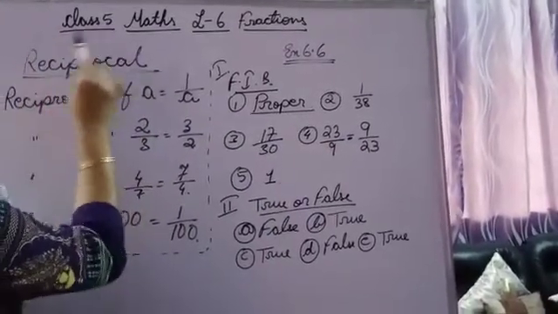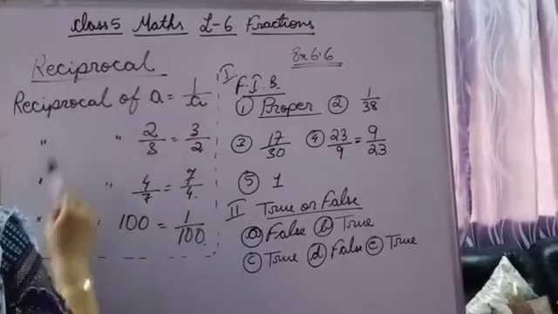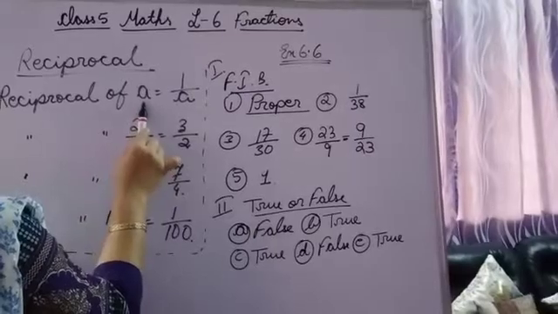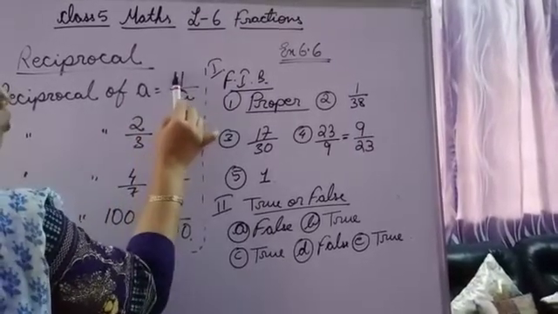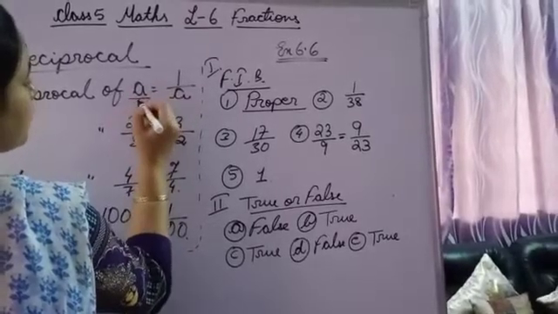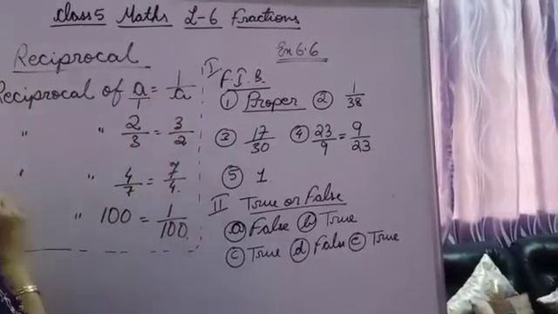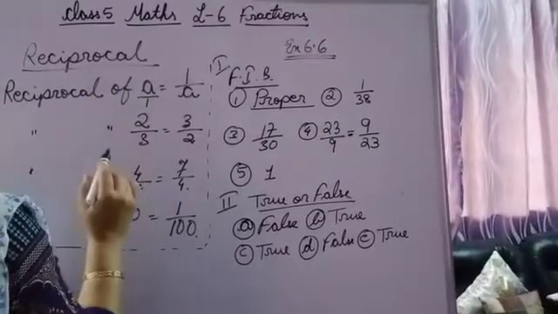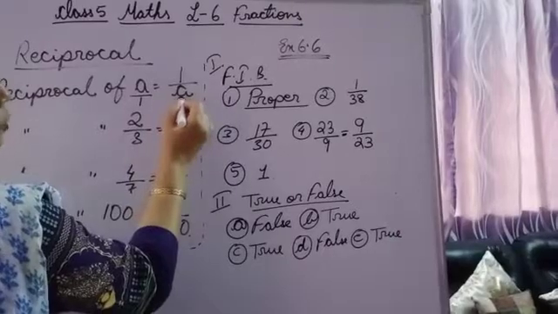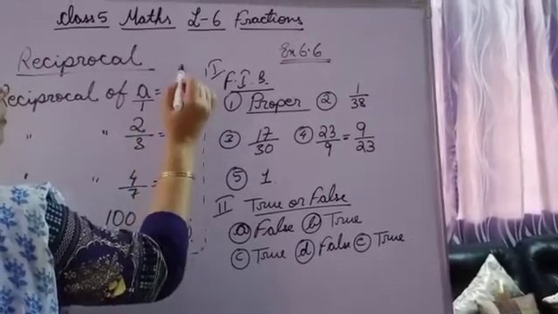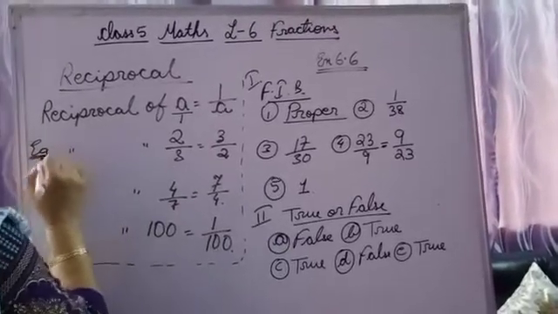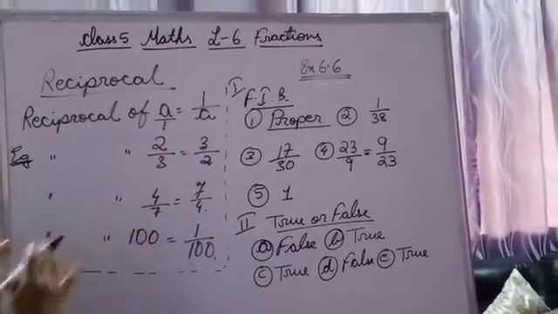Now reciprocal means doing something in return. Now in simple terms I will explain it to you. Reciprocal of, suppose, A is equal to 1 by A. Let me take this single number A as the numerator and let me make 1 the denominator. So reciprocal means what? In simple English I am telling you, the numerator becomes the denominator and the denominator becomes the numerator.